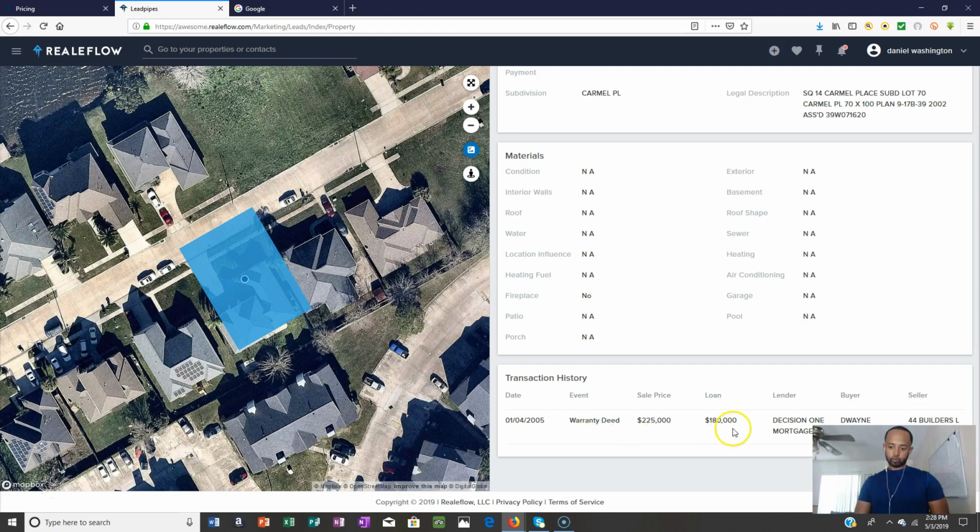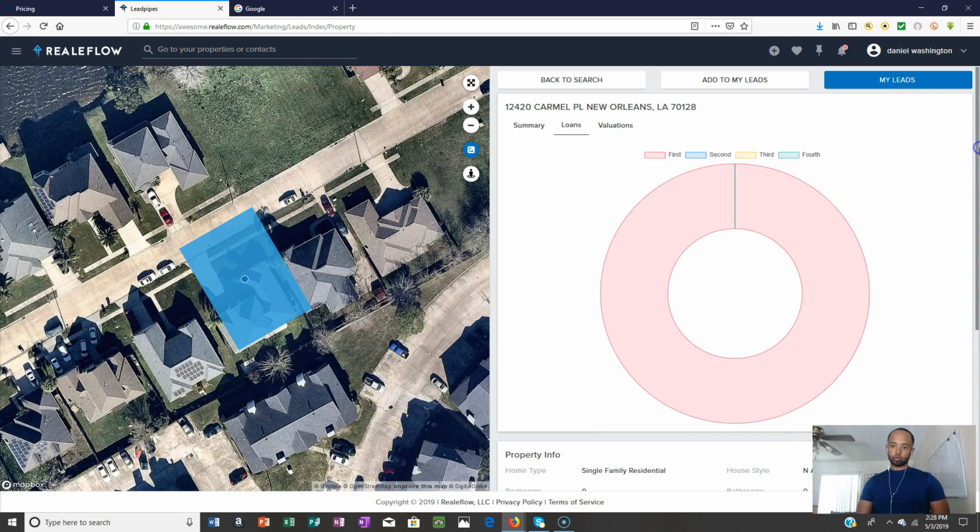Warranty deed. Here's the lender, Decision One Mortgage Company. Here's the buyer. Here's the sellers, 44 Builders LLC. They got a loan for 180 in 2005. So that's how long they've been having it, since 2019. So you can send this person a letter,